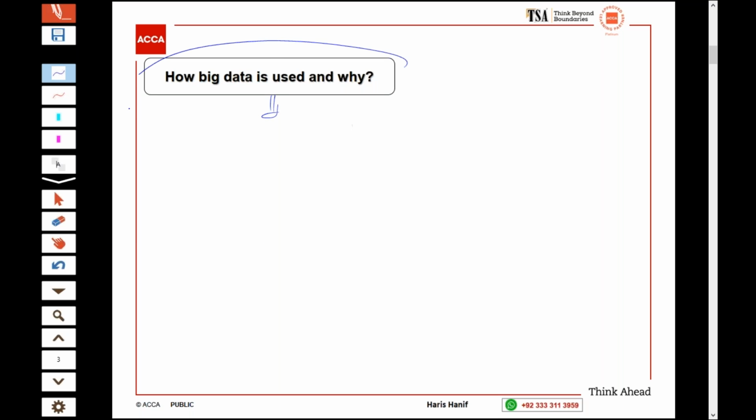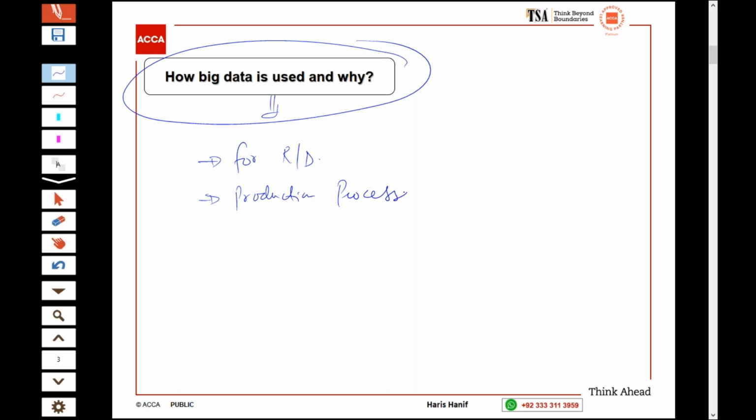Now, how and why is big data used? For research and development, for production process improvements. Why am I using the big data? How will you use the big data? Through data analysis, through different techniques. And why will you be using the big data? For research and development, production process improvement,